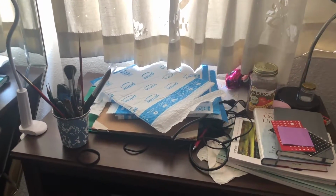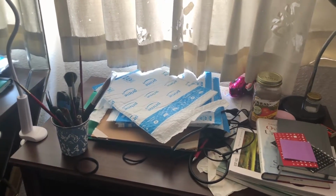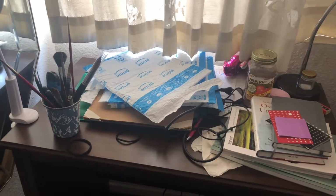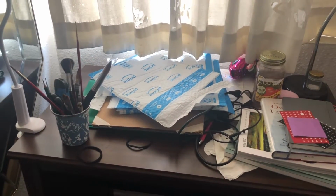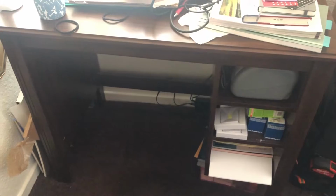So this is my workstation desk where I paint and pretty much just paint and do any other art related things or study stuff. So it's pretty messy and I need to clean it, and I want to reorganize some of these shelves down here because they have random stuff in it, and I have another